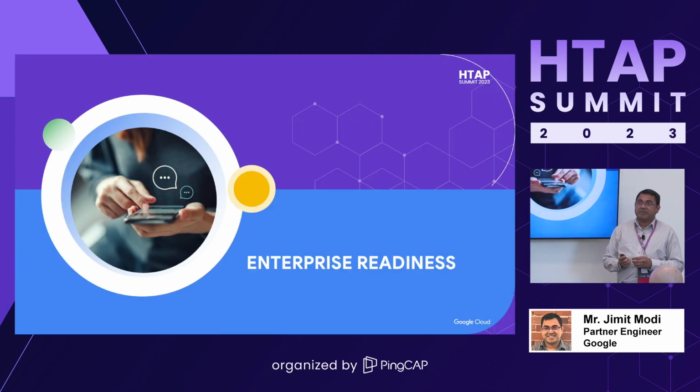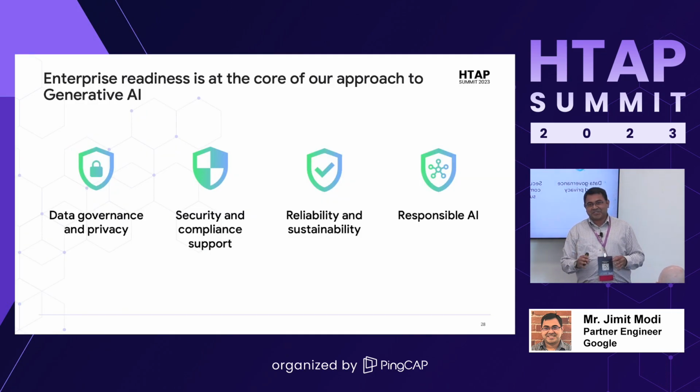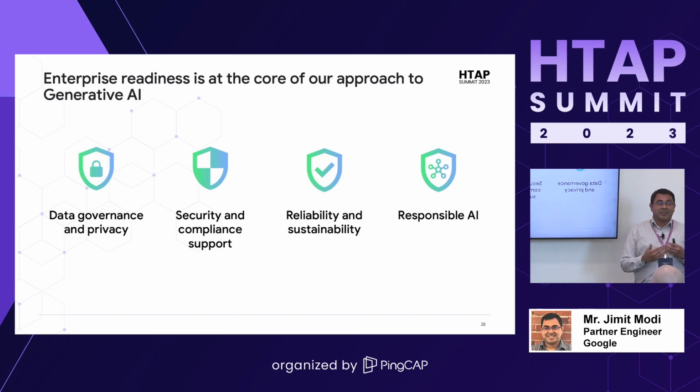All right, the last few slides will just talk about enterprise readiness. This is the number one thing I hear from a lot of customers every time I talk to them. So rest assured that if you're using Google Cloud for your enterprise LLM or generative AI projects, data governance and privacy is the number one thing. Your data will stay in your tenant. It's not going to be used by Google or any other customer. There's no leakage. It's fully secure in your environment.